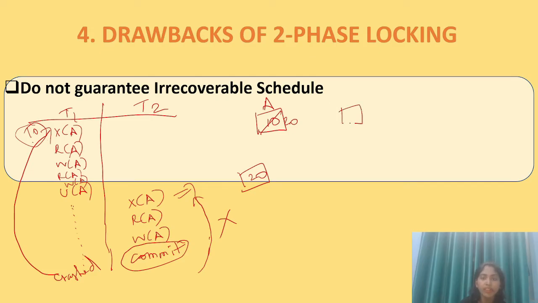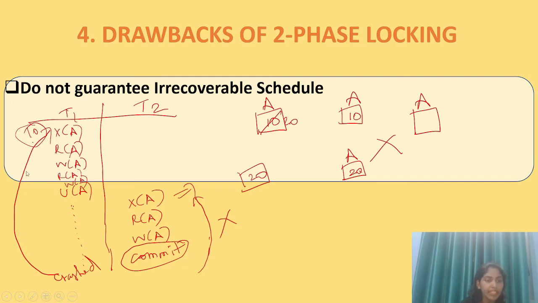One transaction is having what? On the same data item, in one transaction it will be 10, in the other transaction the value of A will be 20, which is not correct. Both should be same. Consistency should be achieved. Data should be consistent. Variable A is same, so data should be same for both the transactions. There should be consistency, which won't be achieved because T2 is committed and T1 is not committed.